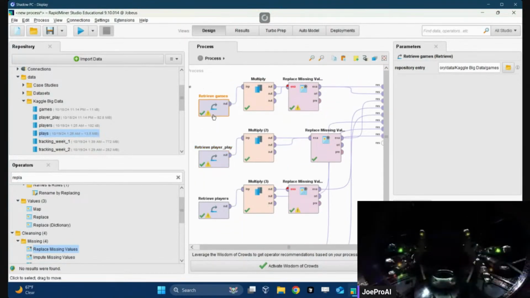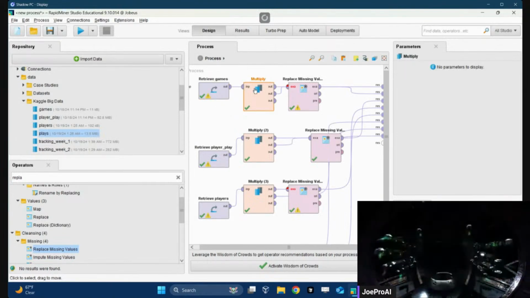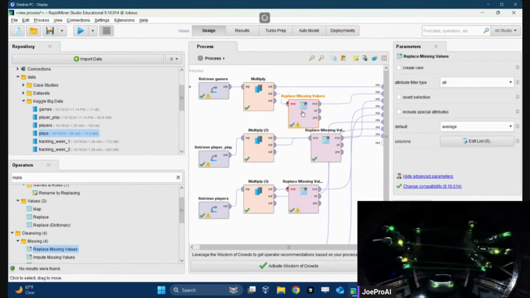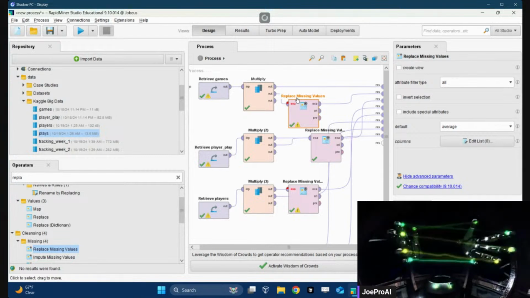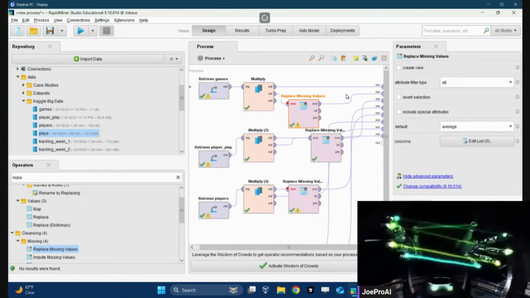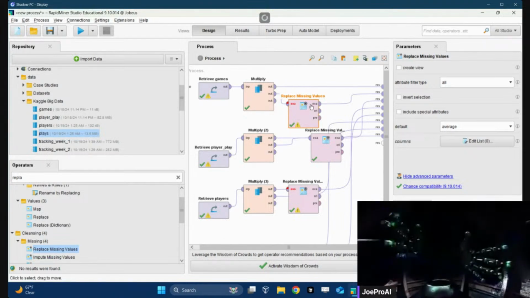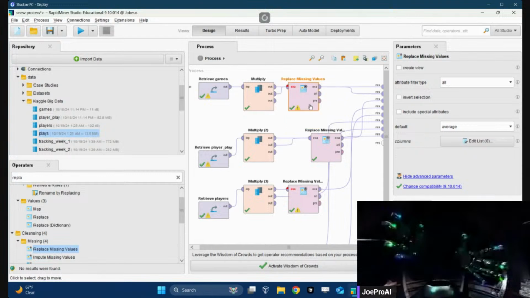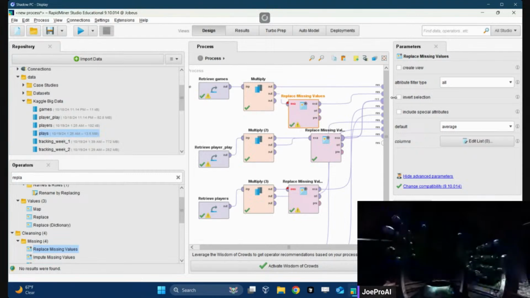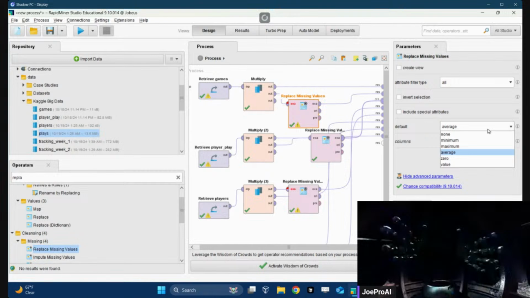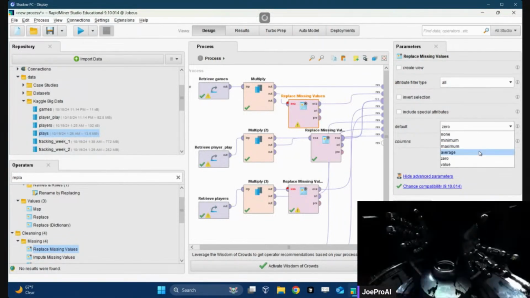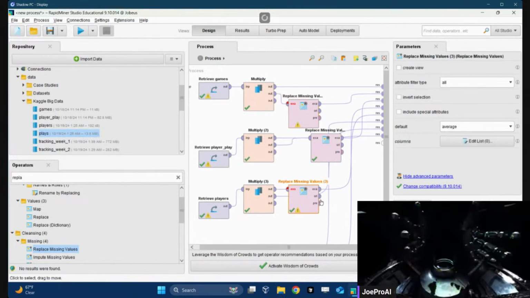I'm gonna definitely continue to do this, and I've kind of got a little bit of a base here. I want to see if we go replace missing values. Oh, yes.